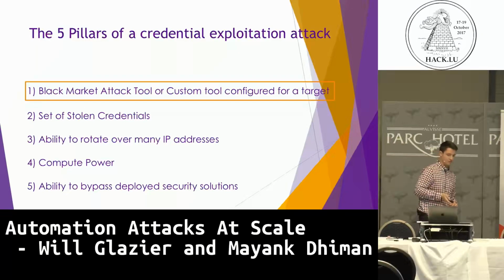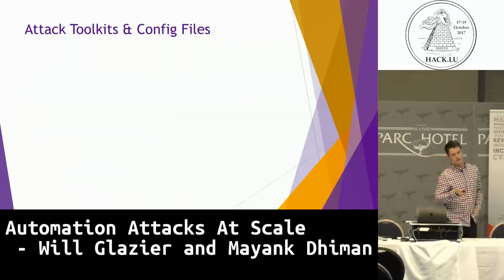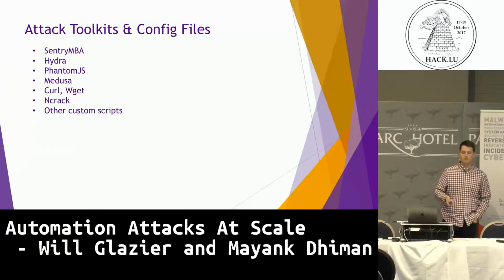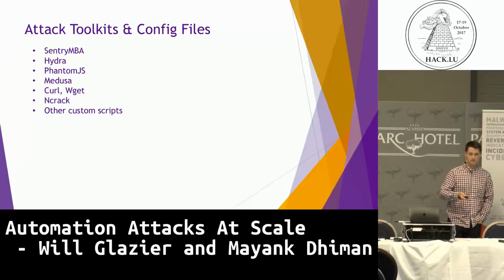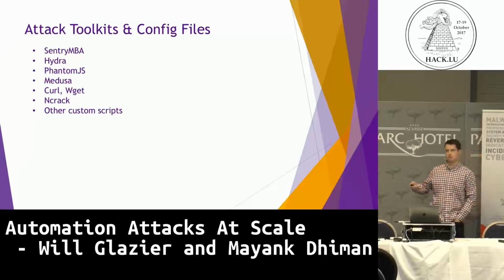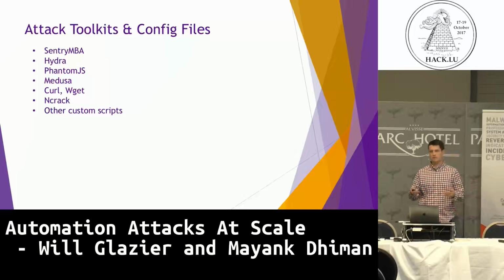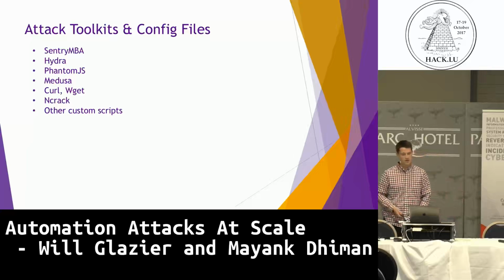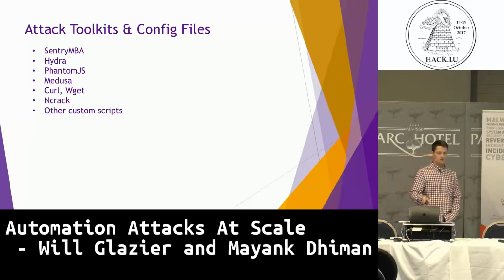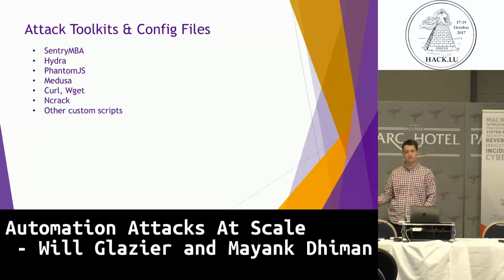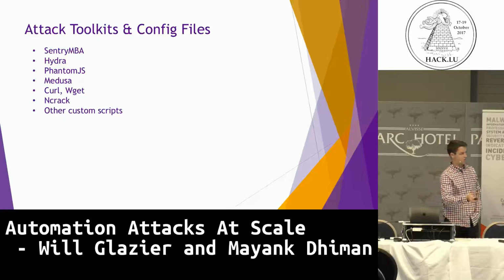So first, we'll dive into the first one, and I'll give some examples of common attack toolkits and config files. This is just a short list. The top one there, Sentry MBA, is the most popular attack tool for these kinds of attacks that we see. Another name that's typically used for these on the underground is cracking. Maybe some of you are more familiar with that than with calling these credential exploitation or credential stuffing. But here are other tools. Hydra and Medusa are some older ones. There are headless browsers like Phantom.js. There are command line tools like curl and wget, and then custom scripts that keep popping up,